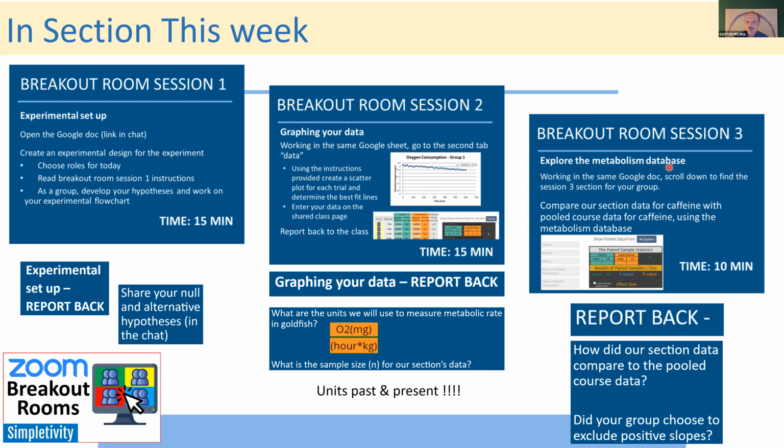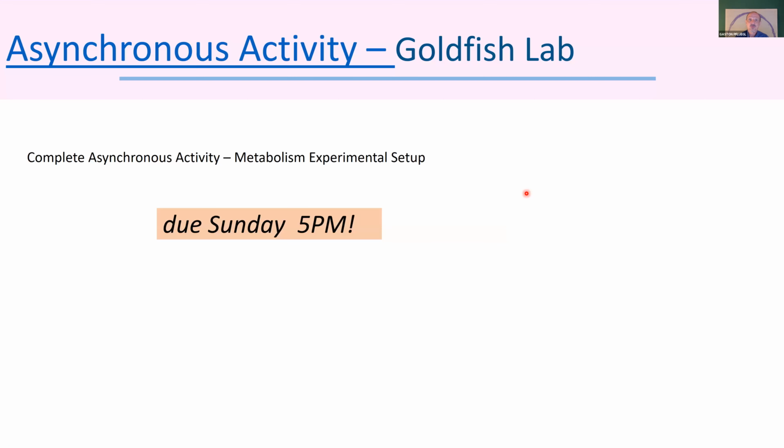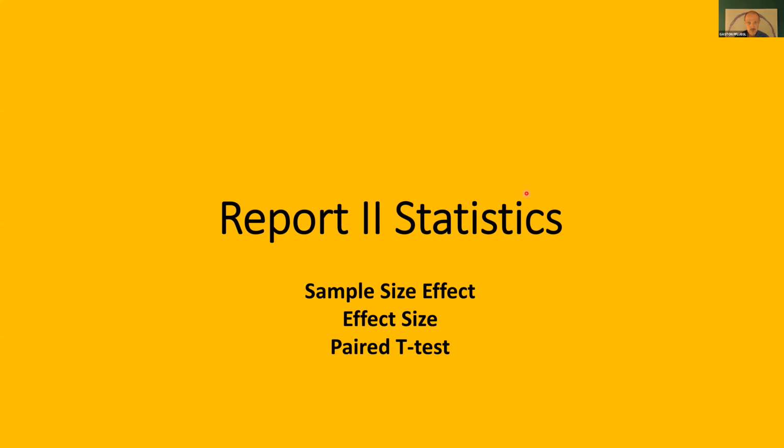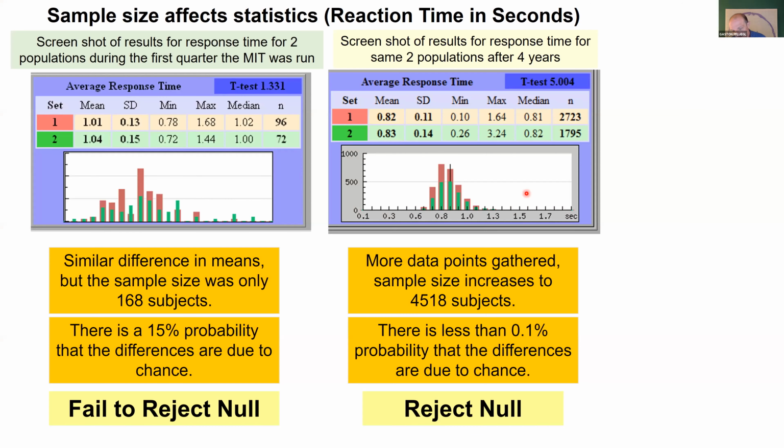And then in breakout session 3, you get section data, and you can look at the database, at the data we actually collected over the years, and what parameters are there, like caffeine, nicotine, etc. And then run your first test, right? It's not the test you have to use for your report. Once you're home, you can experiment and find something interesting. So that's what you're going to do in section. And if you're not making it to section, there's an asynchronous activity on CCLE, and that's due by Sunday, 5 p.m. Okay, so now here's an addition to the statistics.